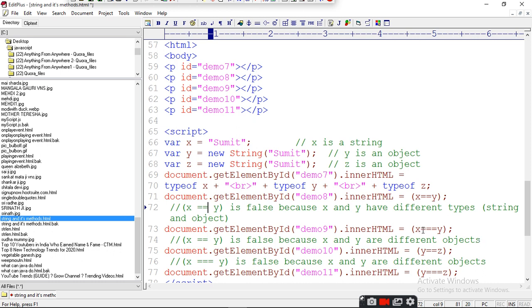x and y are of different types. So when you use exact comparison, it will give you false.